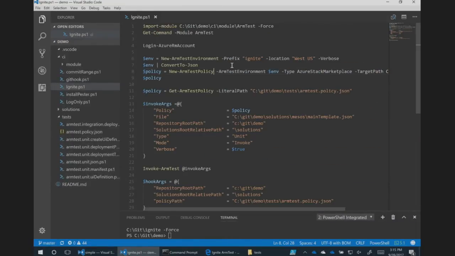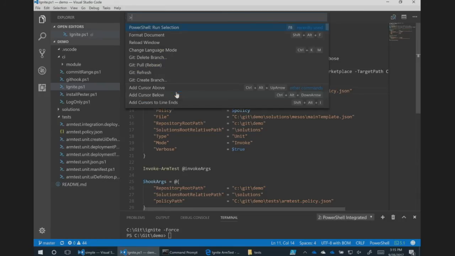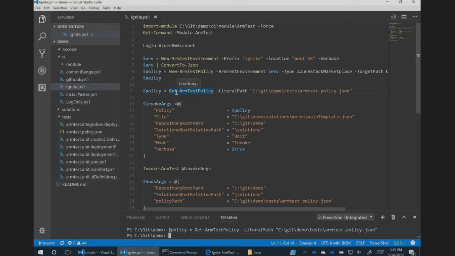Okay, so let's go back to the script that I was doing. So I just created that policy. Now, the policy is still in the variable, but I'm actually going to get that other one that I already have with a bunch of tests in there. So that might throw some more interesting data. So let's get that policy. But it's a similar policy. So if I look at the content of that,